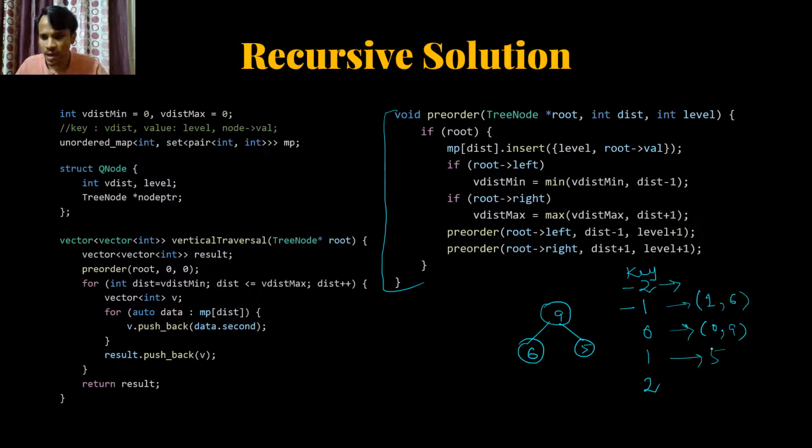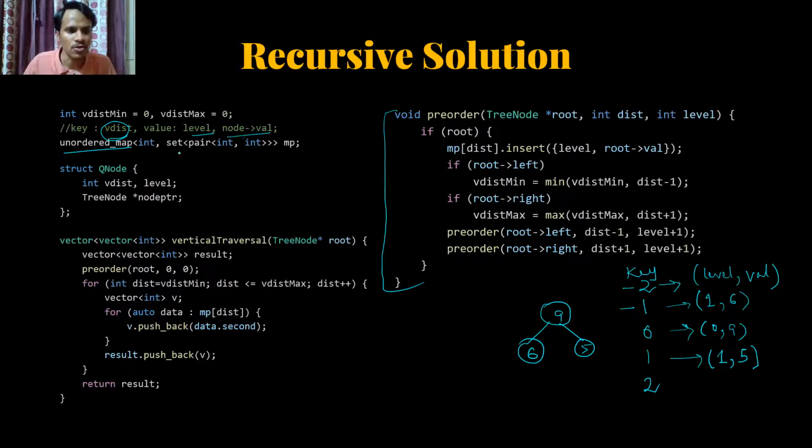Okay, and this is also at level 1 and key 5. So the values are basically the level at which the node is at and the actual value. So we maintain a hash map with vertical distance as the key and level